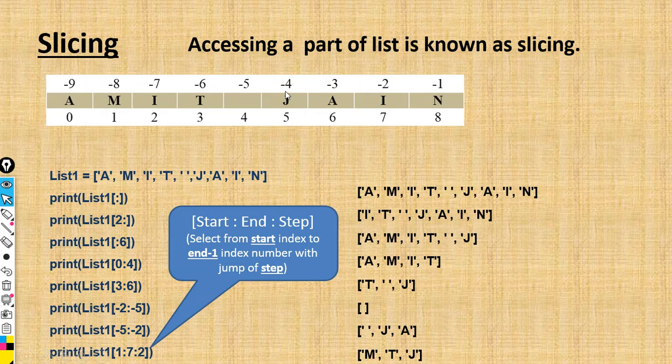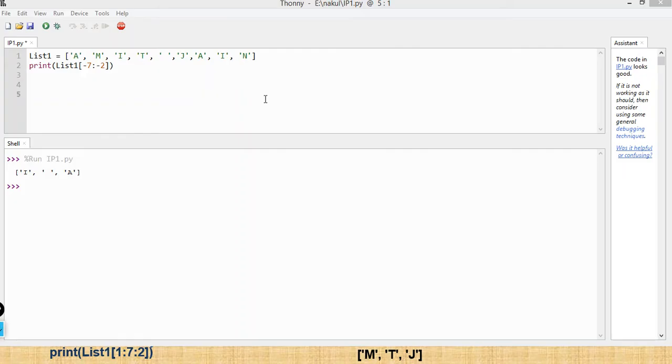Right friends? Now we will take some more examples in Python. Here we have the same list. Now I want to print the part of the list from -7, that is the start index, and just before the index -2. Before means end -1. End -1 means not to minus or plus the value, just that one element before the end index will be selected.